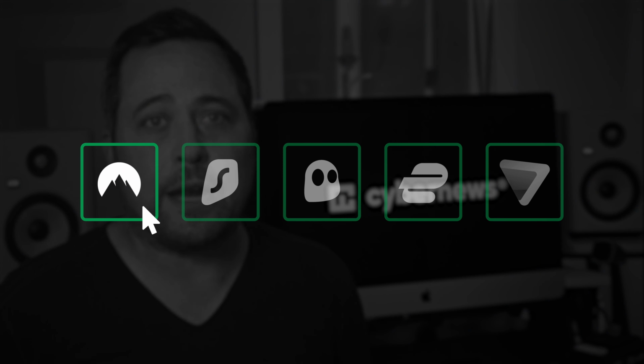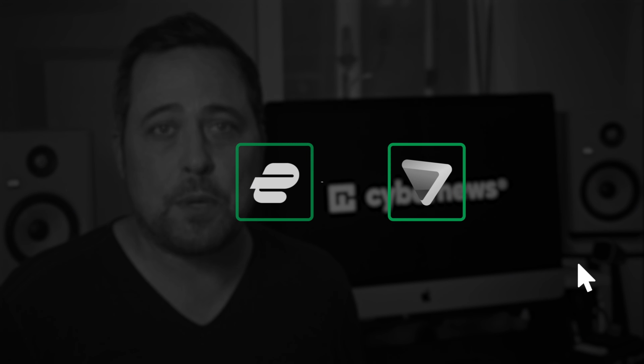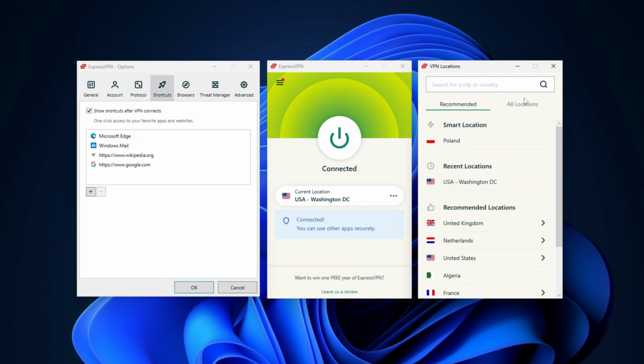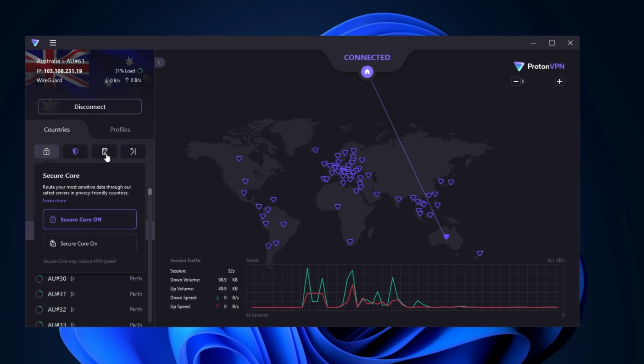If you're picking a VPN and your final choice is between ExpressVPN versus ProtonVPN, you're on the right track. Both of these are popular and reliable options. However, they're each good for different reasons. So today, I'll try to uncover everything there is to know about these two, and hopefully help you decide which